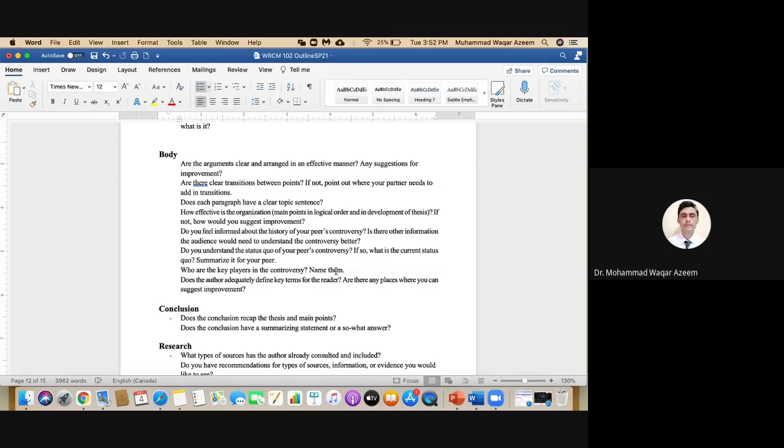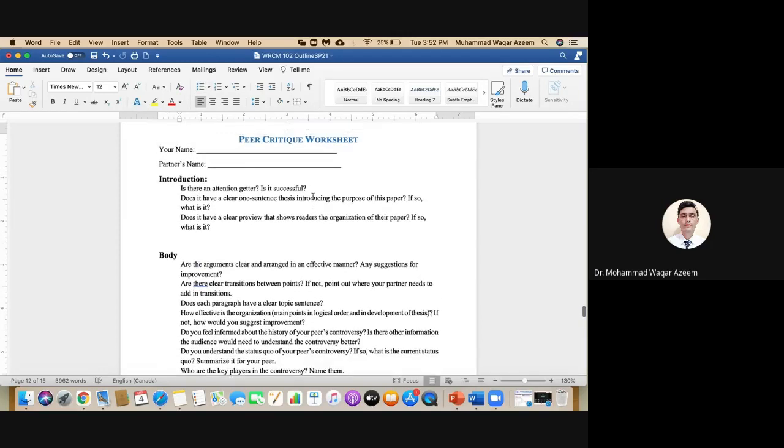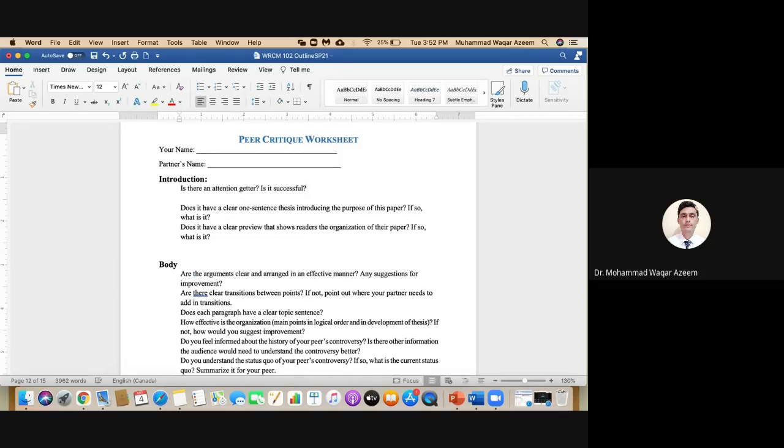Okay, right. So the answer to your question is you will have this sheet with you. The questions are already typed. You will be typing your answer under it in whatever way you like. You can have points, you can have a paragraph. That is your own choice. But the only thing that I want to tell you is this, that when you write your response over here,